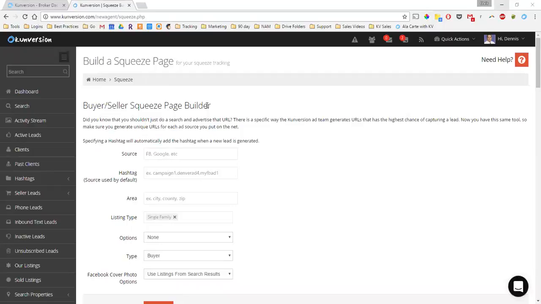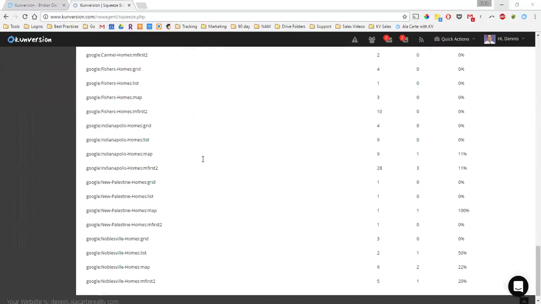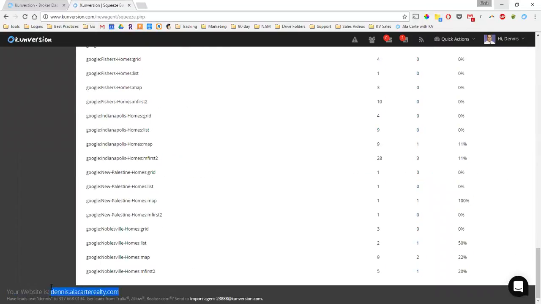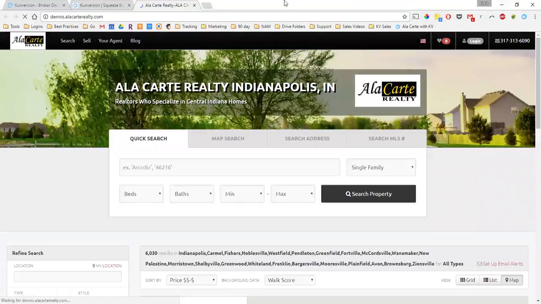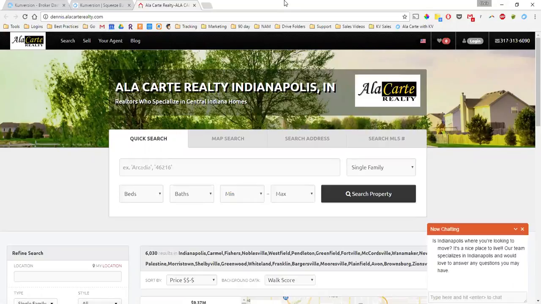All right, and what a squeeze page is, it's a fishing line in the water. So right now, maybe, Dennis, you've been out showing property to one of your leads, or maybe you're working with a buyer right now, and they said, hey, it would be really cool, Dennis, if you could send me a list of all houses that have a pool. And so, Dennis, if you wanted to, because you don't want to work with that lead for whatever reason, you could tell them, yeah, go to my website,